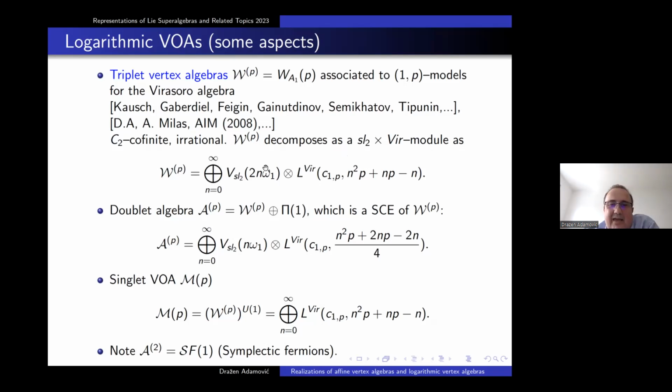We have commuting dual pairs of SL2 and the Virasoro, and this triplet is a huge extension of the Virasoro associated to these 1P models. And we proved that they are C2-cofinite and non-rational, they have projective modules, and so are related to quantum groups. Then we have the doublet algebra, which is an extension of this triplet with one simple module. We have the singlet, also mentioned by Jinwei. The singlet is the U1 orbifold of this triplet, which has